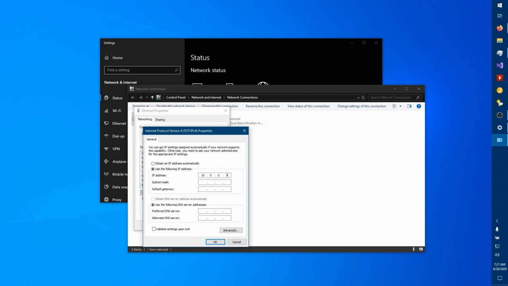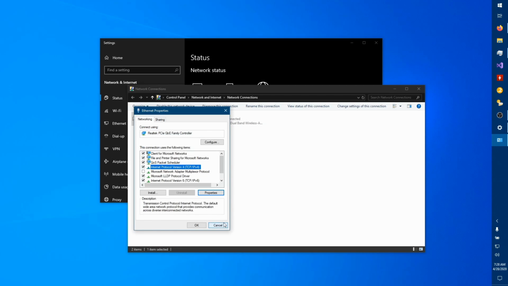Both should use a subnet mask of 255.255.255.0. If you don't know what that is, don't worry too much about it. The default gateway may be left blank, and then you can hit OK on each property window to save the settings and close out. For the purposes of this tutorial, it would be good practice to reboot your computer at this point,